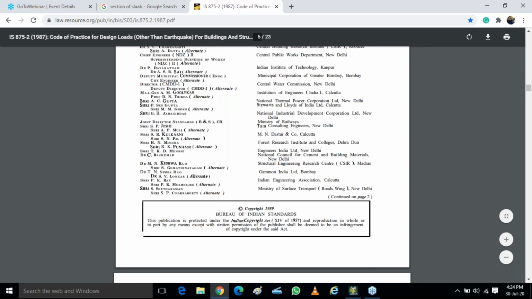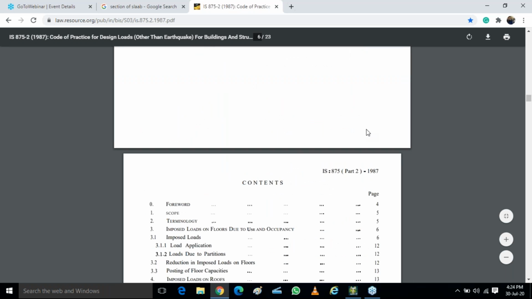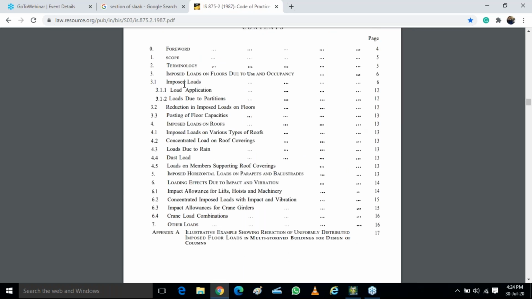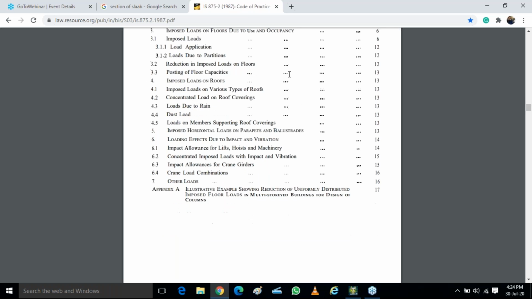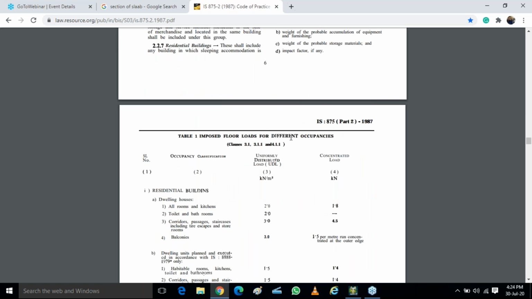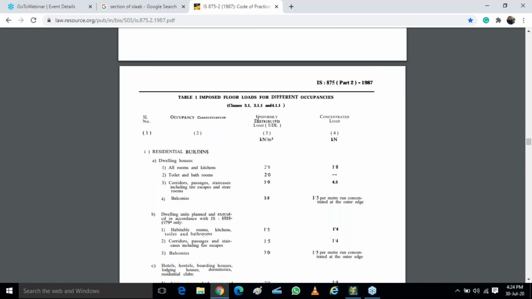Live load is a load we consider for the human factor and the moving factor. Suppose some furniture comes, some person comes, something else is there, your cooler, utensils, AC, whatever is there, you are putting that. So that is your live load, or you can say imposed loads. There is one imposed load due to the use of occupancy. So just go to that level, imposed loads for the different occupancy. Can you see this? You have residential building. In residential building, UDL and concentrated loads are given.